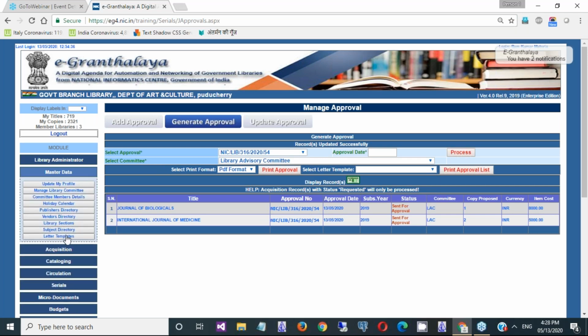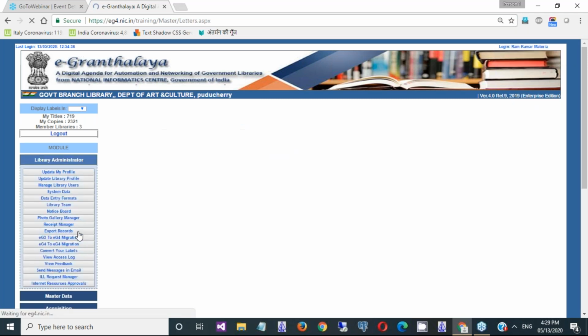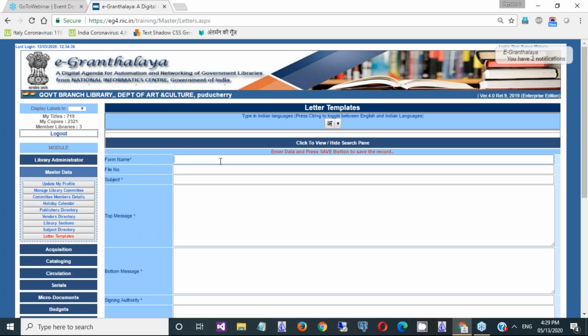If it is not there, it is under letter template. Let us create one journals approval form for printing the approval and for sending it in the paper format.